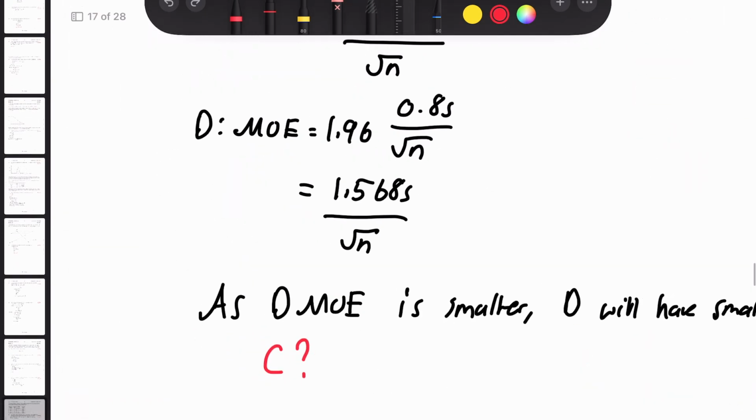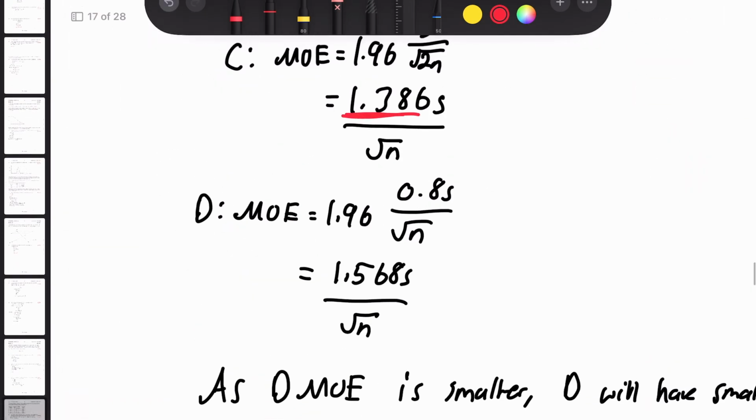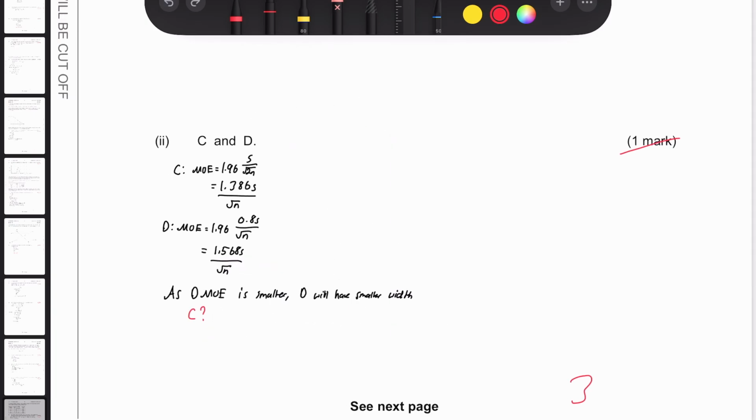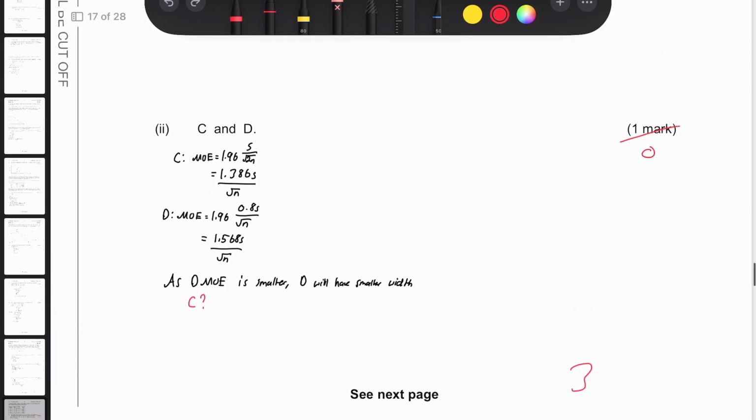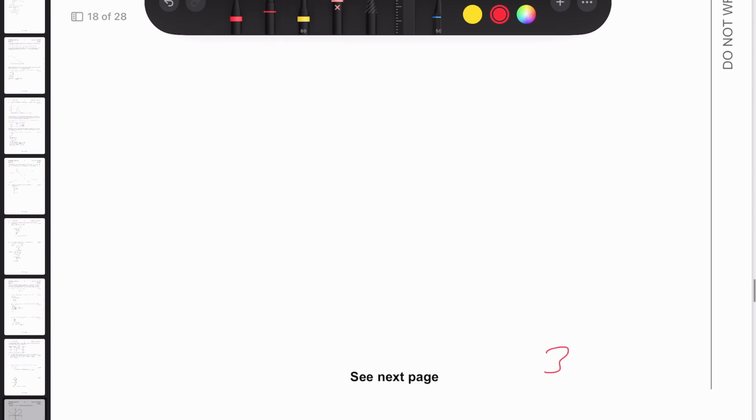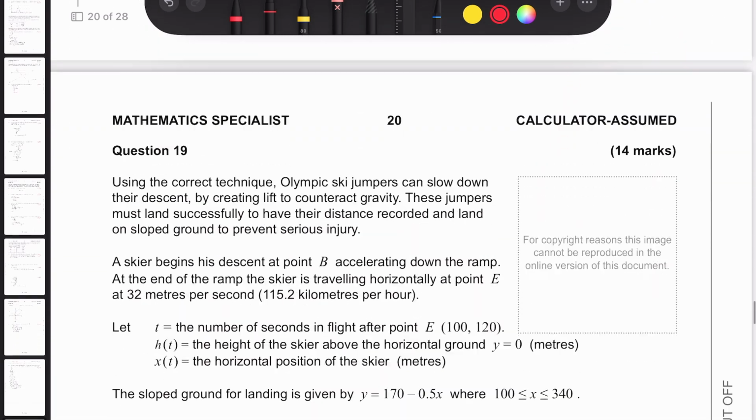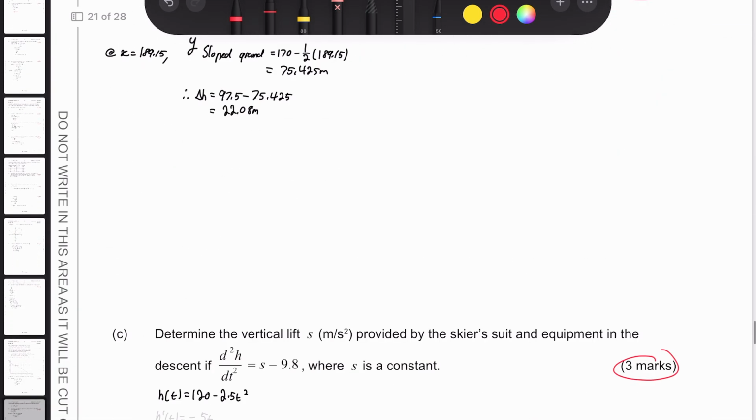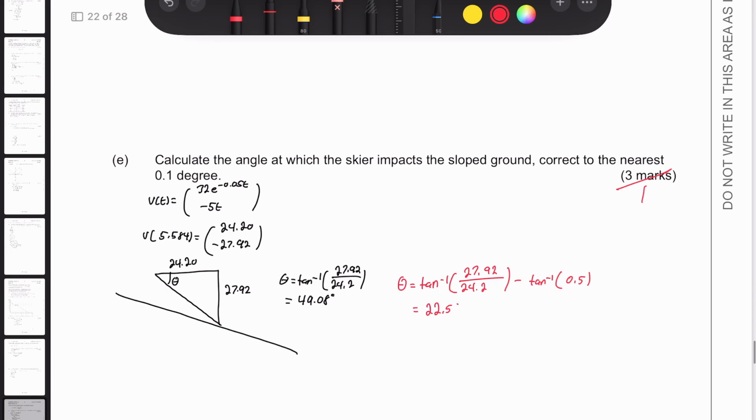Here, I don't know what I was thinking because it's clearly C is smaller. I don't know why I wrote D. So that's just silly by me. So I lost a mark there. Down here was pretty good. And then I think all of these were, oh no, the very bottom one where you had to find the